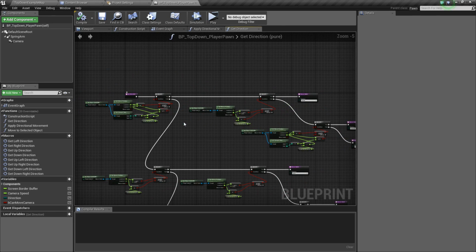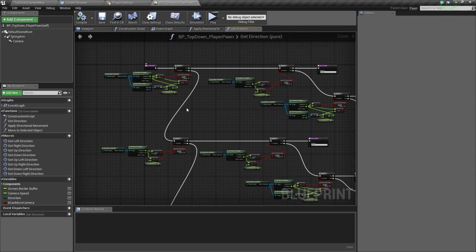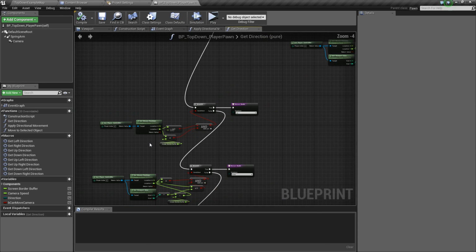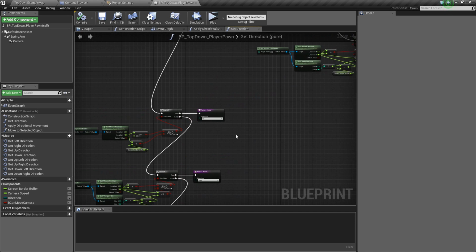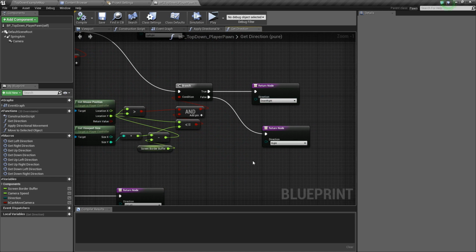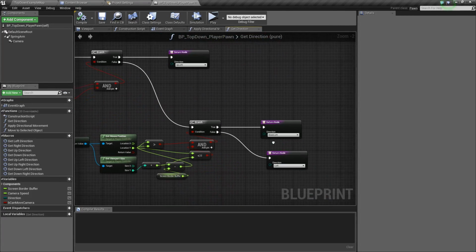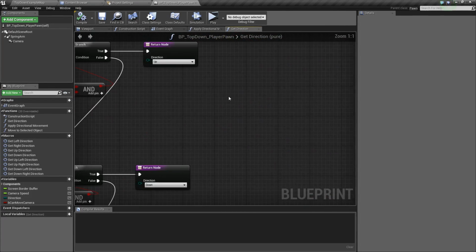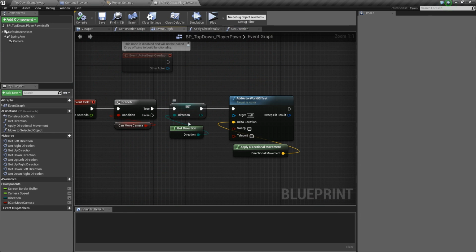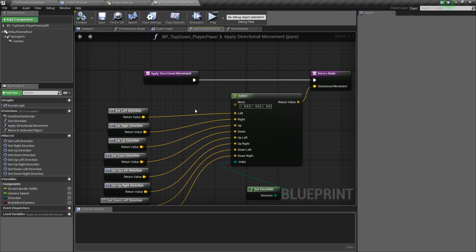So we basically do a couple sets of mathematical procedures to see which side the mouse is on the screen, and then based on that calculation, we return a direction. So we have up right, down right, and right, and then we have up left, down left, left, and then up, down, and then none. And so based on that direction, we set our directional variable, and then we basically add world offset, and we apply directional movement